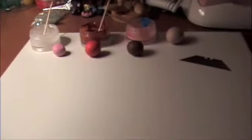Guys, this is going to be a tutorial on how to do Valentine's Day cookies, requested by Ashenix. This is kind of belated, but yeah. Anyway,